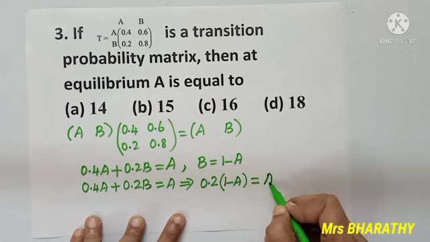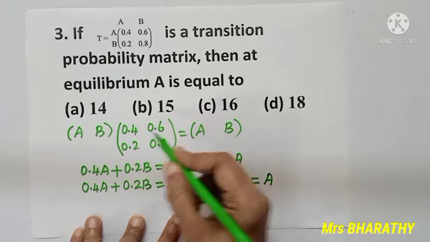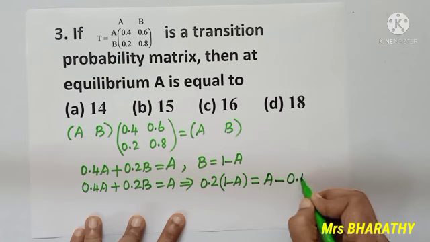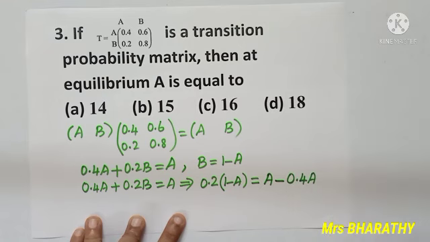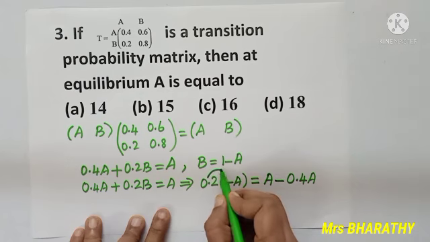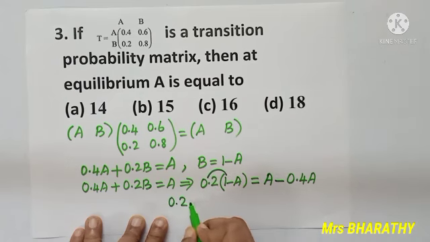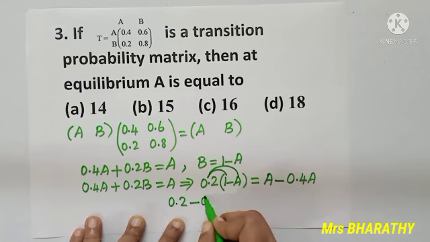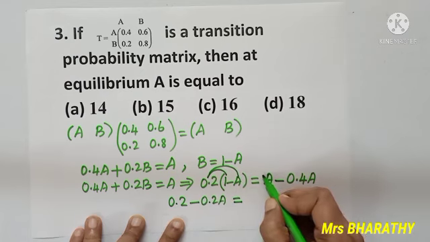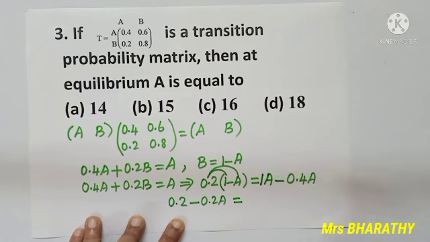Already it was A. Now I am bringing 0.4A. How shall I subtract? 0.2 into 1 minus 0.2 into A equals, here no number tells me 1, 1A minus 0.4A. 1 minus 0.4 is